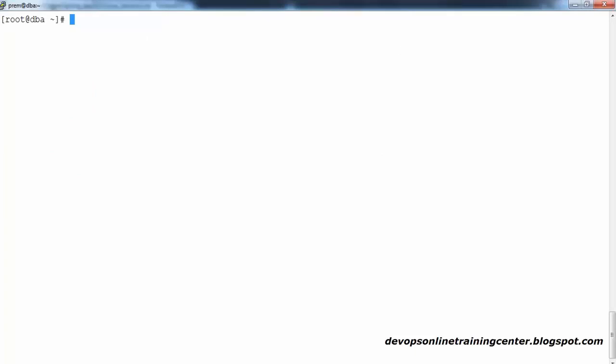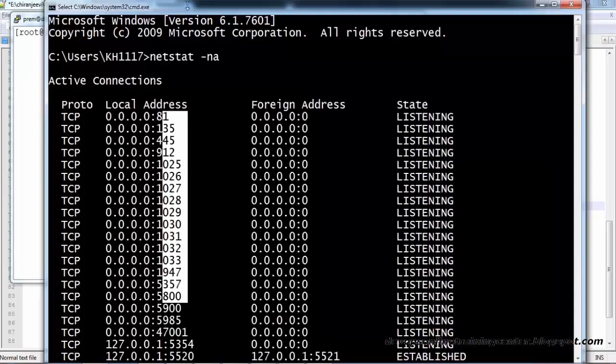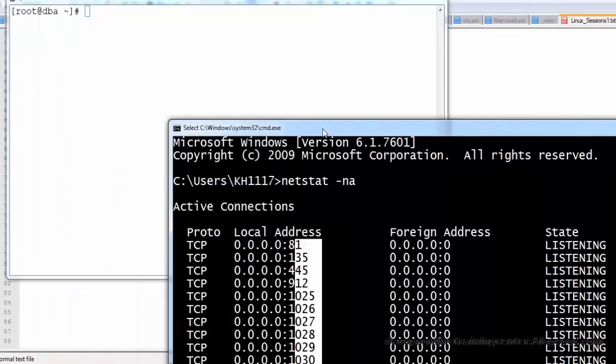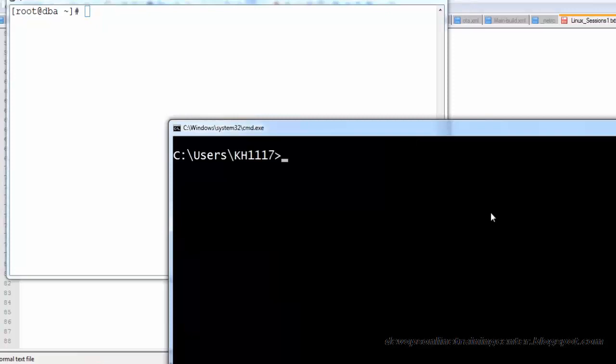Next, you checked the port from within the same machine. Now I have a question: the port is open here, but what happens in reality? This is one Linux machine. Assume I have one more Linux machine, this command prompt. I want to cross-check whether this machine's port is accessible from here or not, because between two machines there is a network, and that network is not in your hands.